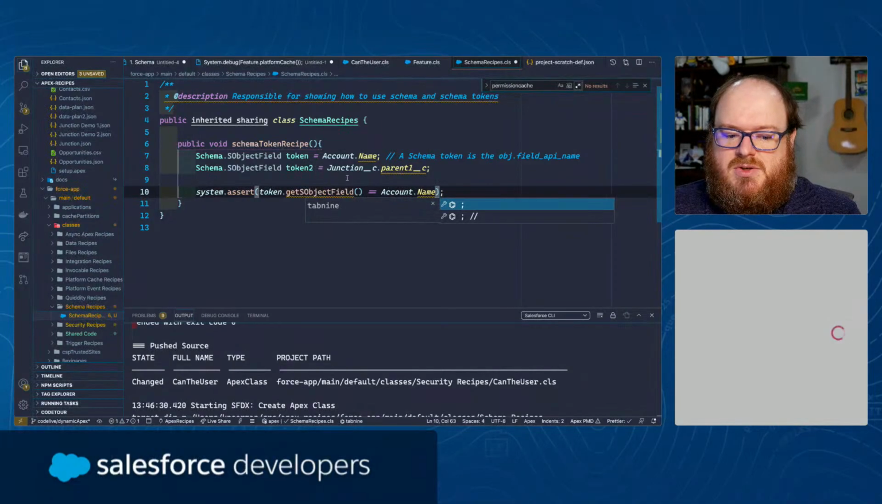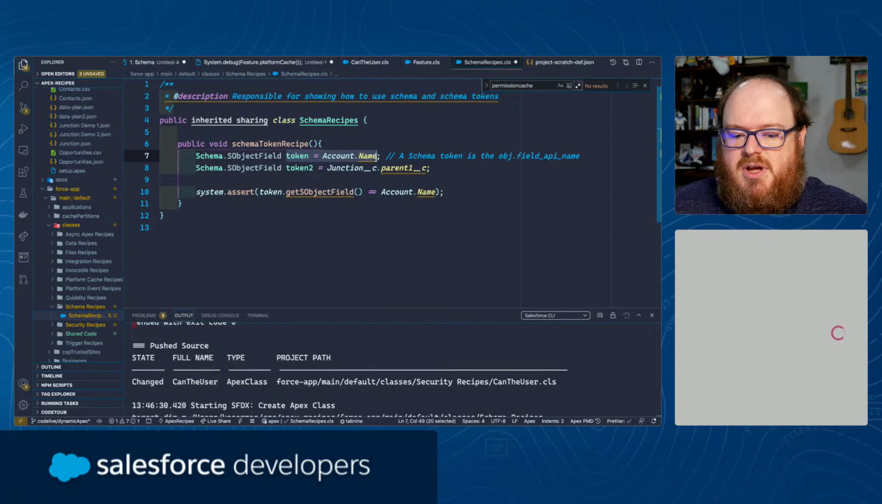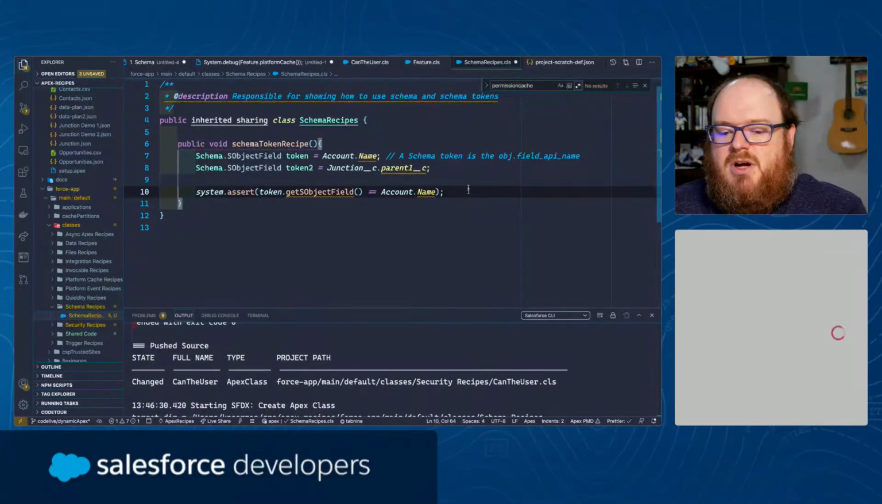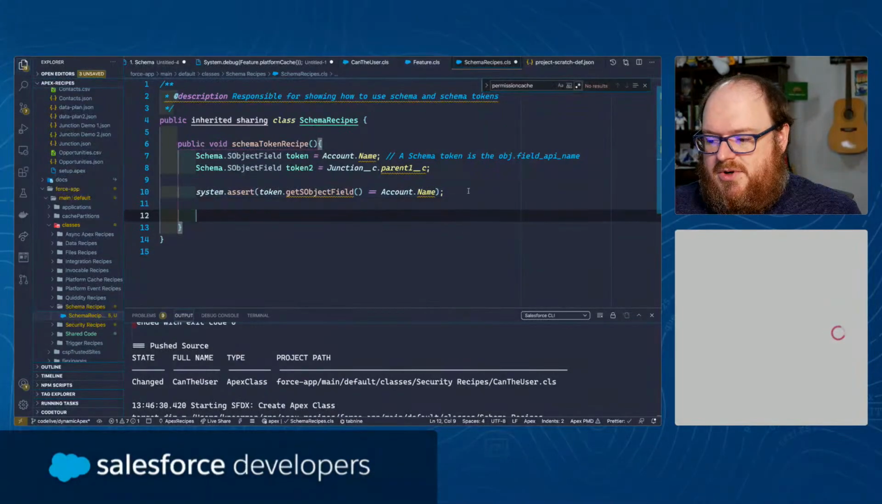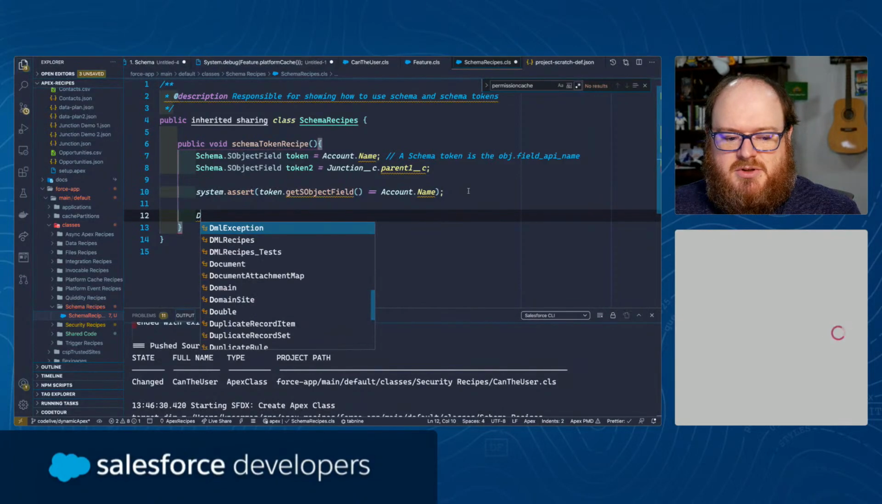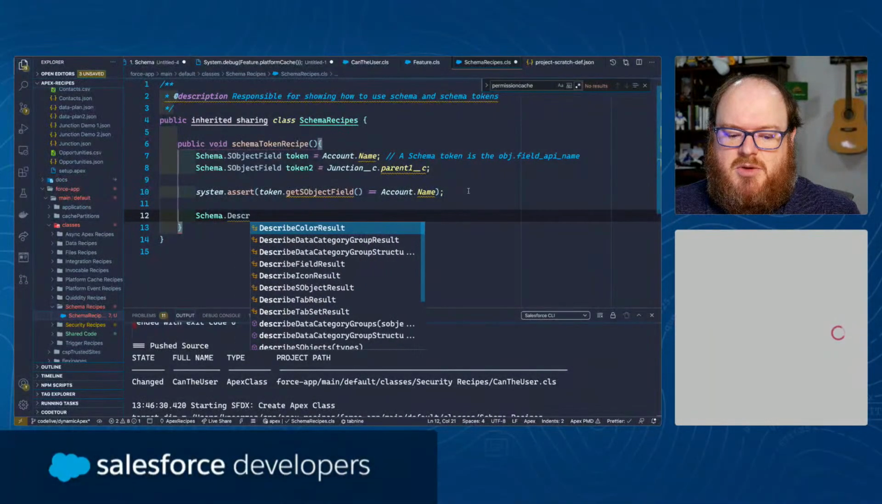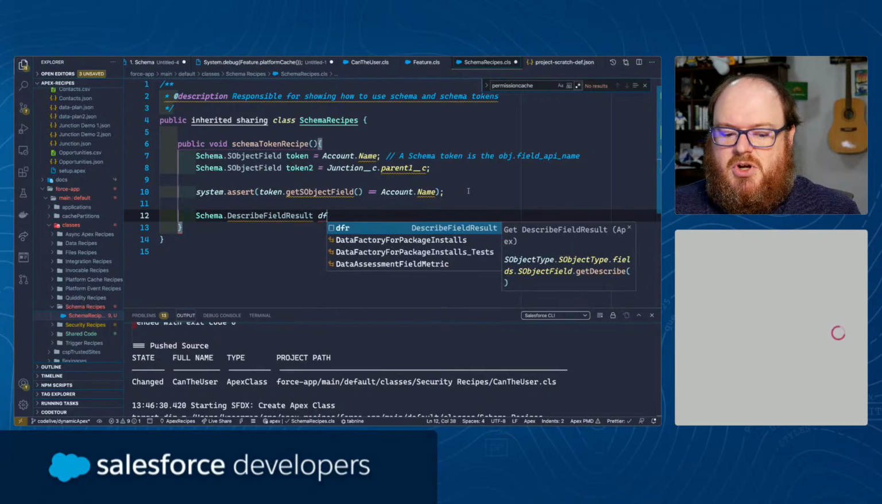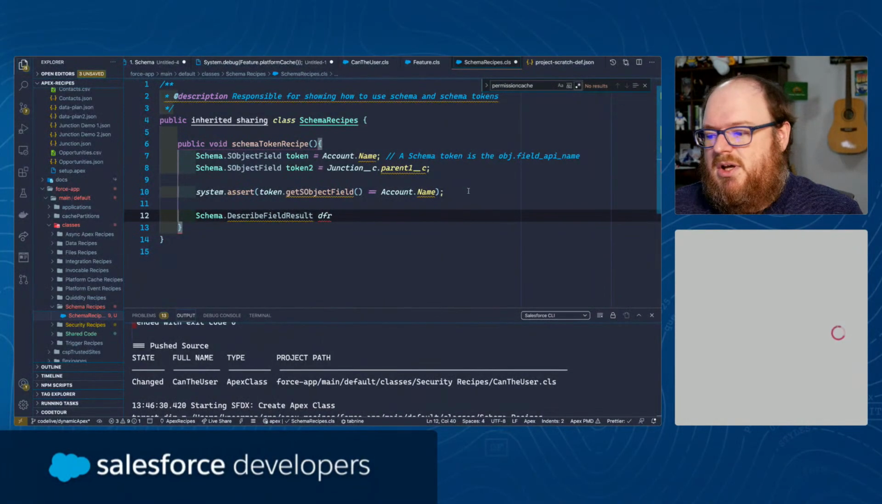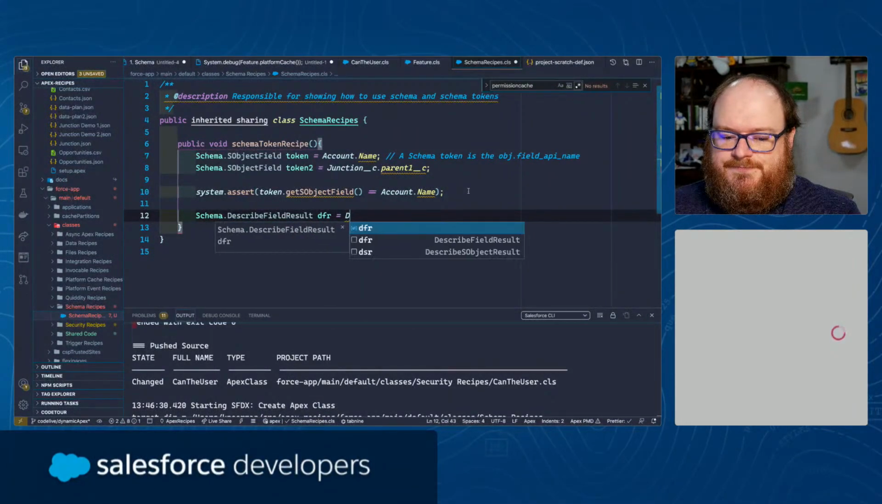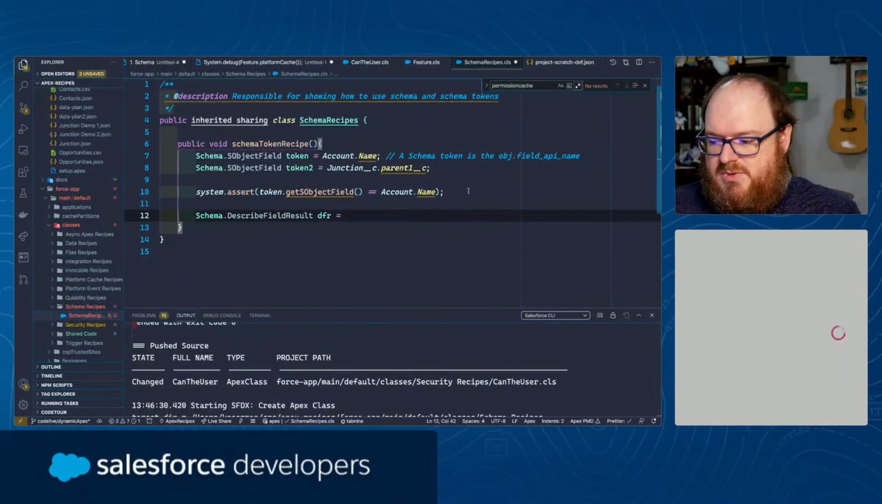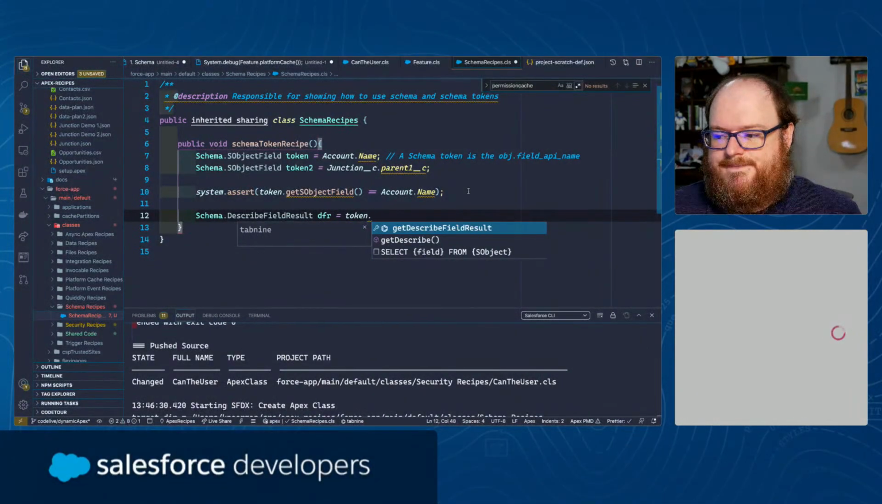Like that. So our token, we're verifying our token here. And I'll show you why we're going to do this here in just a second. So we're going to say this is our token, and then we're going to get the describe results. So we're going to say schema.describe field result. I'm going to call this DFR because I'm creative like that. And then we'll say it is equal to our token, dot, nope,